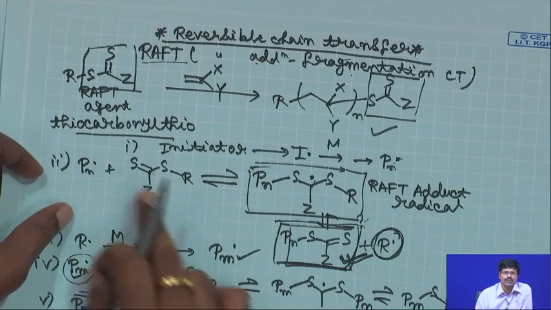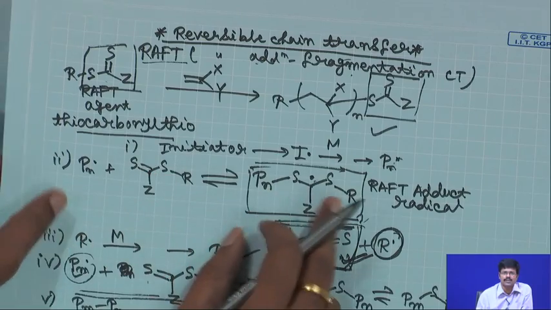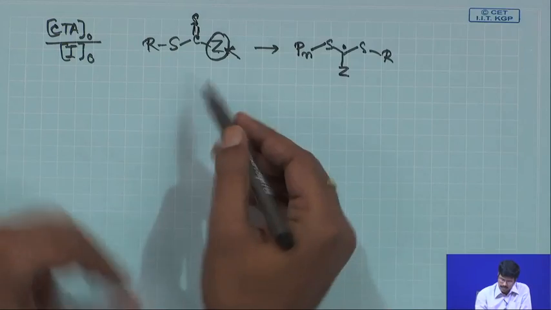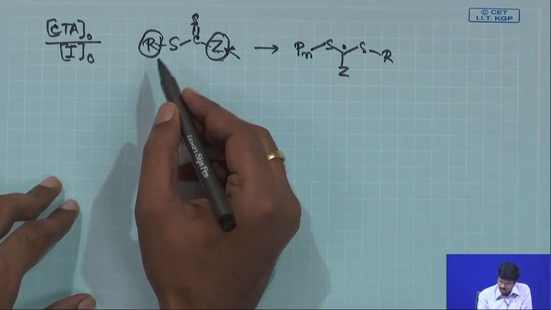So, Z actually promotes the addition of P n dot to the C double bond S bond. Not only that, it also stabilizes this radical. So, that is the purpose of Z. So, you have to choose it carefully, and this R you have to choose carefully,